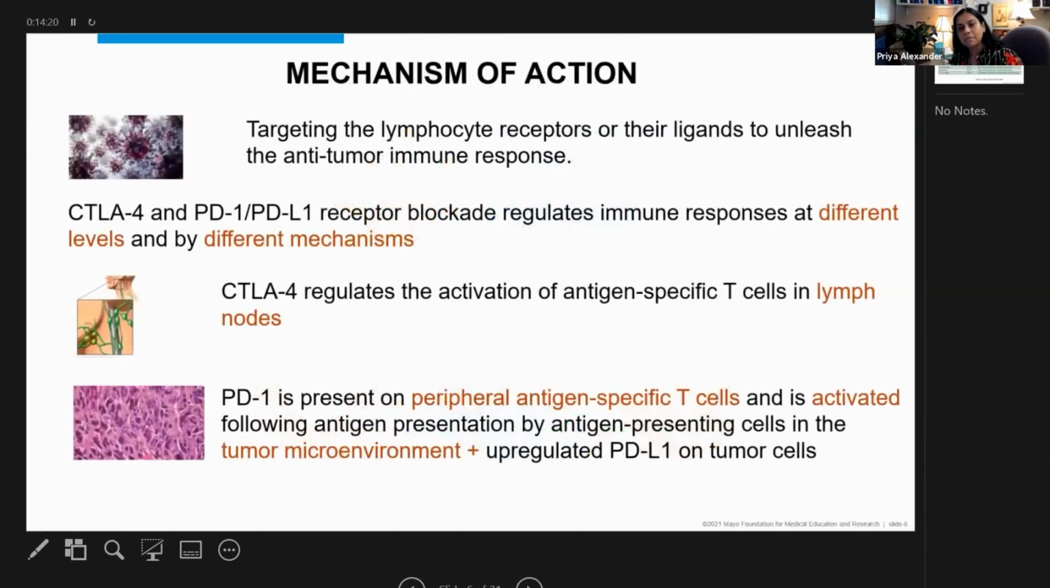So what is the mechanism? By targeting these lymphocyte receptors or their ligands to unleash the anti-tumor response, you have the immune reaction destroying tumor cells. CTLA-4 and PD-1, PD-L1 receptor blockade regulates these immune responses at different levels. The CTLA-4 really regulates the activation of antigen-specific T cells in the lymph nodes, and this is evident with mutated mice studies where mice that have knockout of the CTLA-4 have a lymphoproliferative process, whereas mice that have a knockout of PD1, which is more